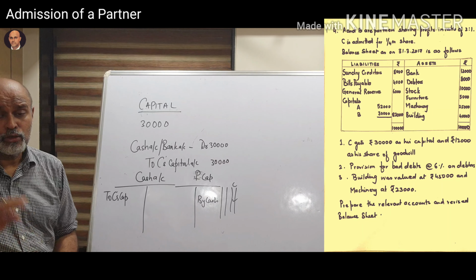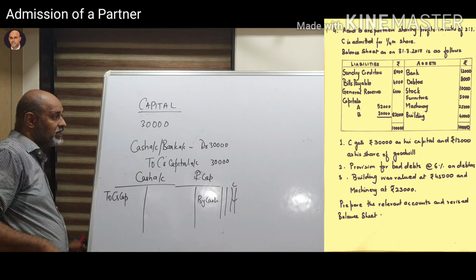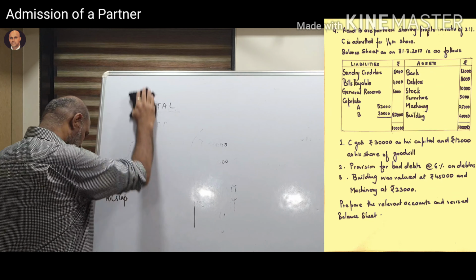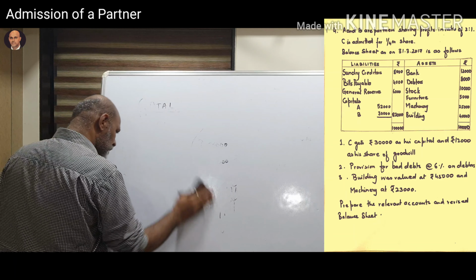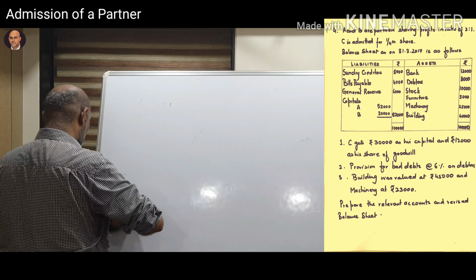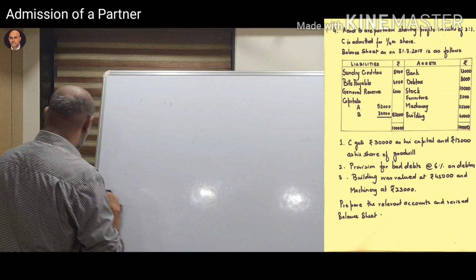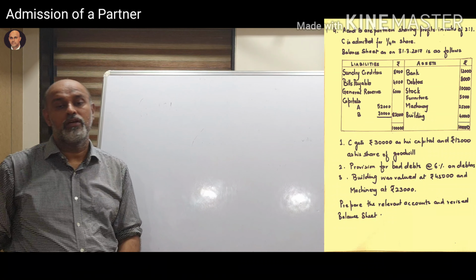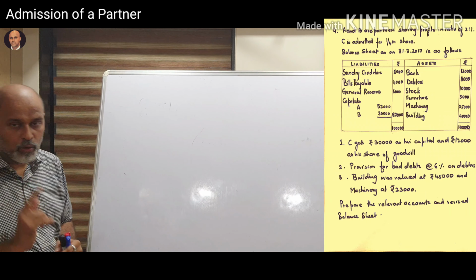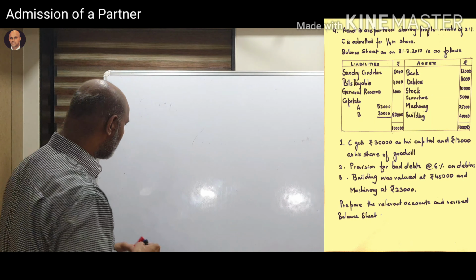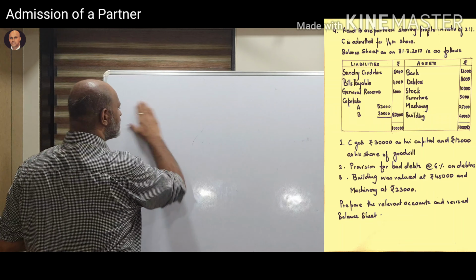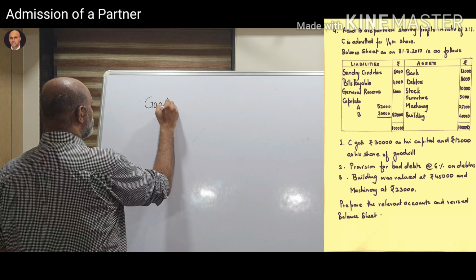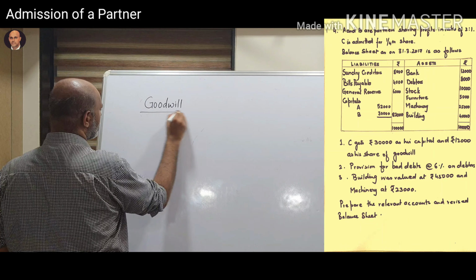Now he is getting 12,000 as his share of goodwill. He is going to get 12,000 as his share of goodwill. Now in the sum again they have not given you the new ratio. So the old ratio itself will be the sacrifice ratio. Okay, so this adjustment is in relation to goodwill. ये जो adjustment है goodwill के relation में है.